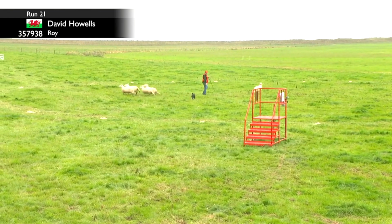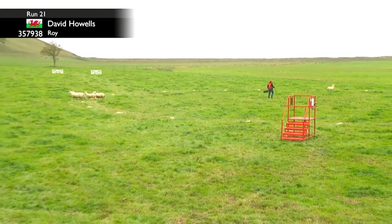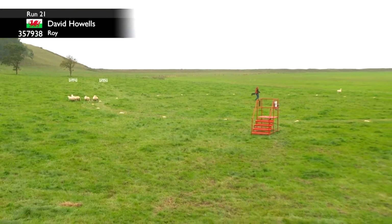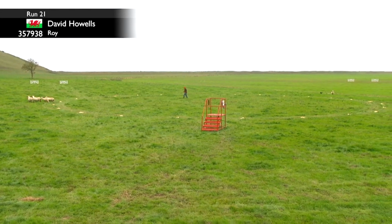There she is. Pops her through. And they've called it. It's another good score on the board. Well, it'll be interesting to see how the